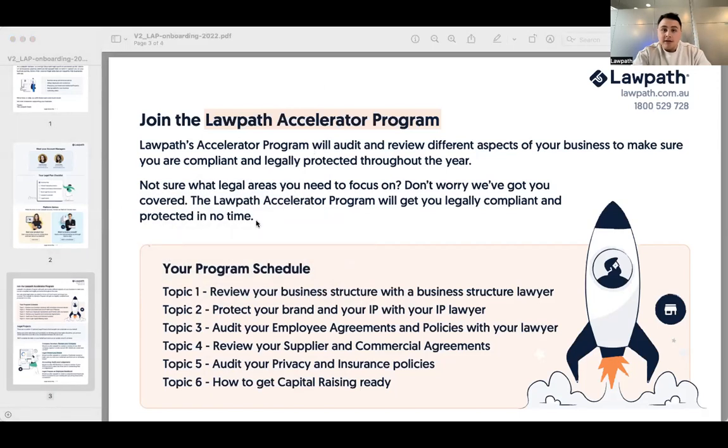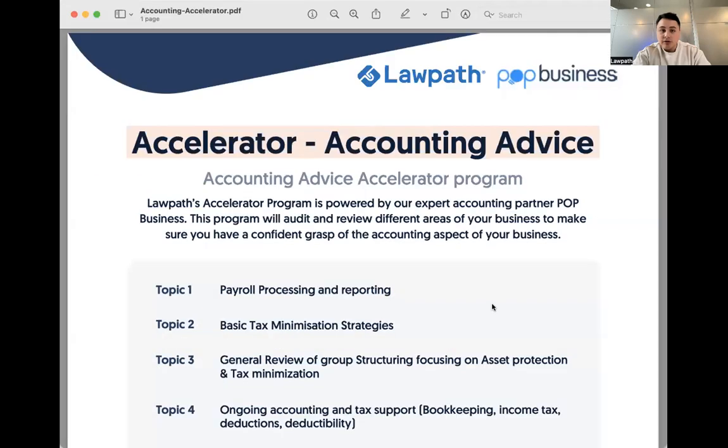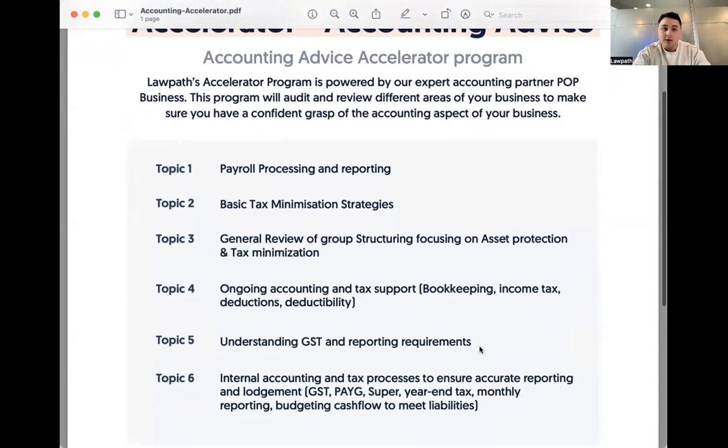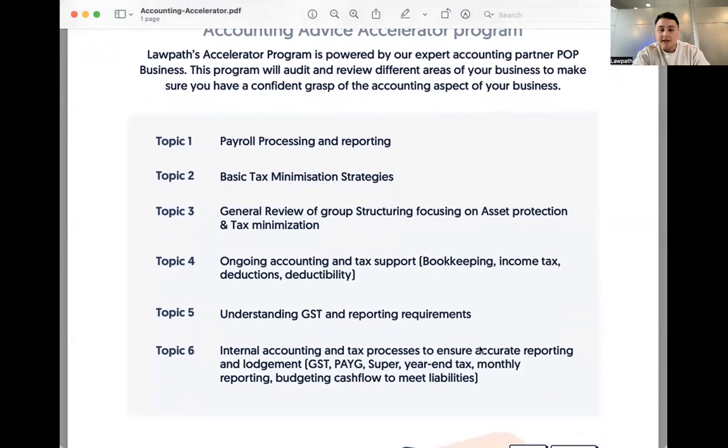Now, I'll just share the accounting one briefly in case anyone's interested in this one. With the accounting advice, we do have a list of 6 topics specific to accounting that could be beneficial. So in addition to the consults that you get with our chartered accountants, you can talk about things like GST, how to use your accounting software, paying yourself as a director through the business and the like. But these are 6 topics to ensure that you're staying proactive throughout the year. So topic 1 is on payroll processing and reporting,